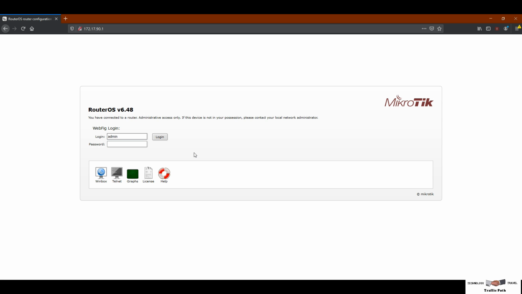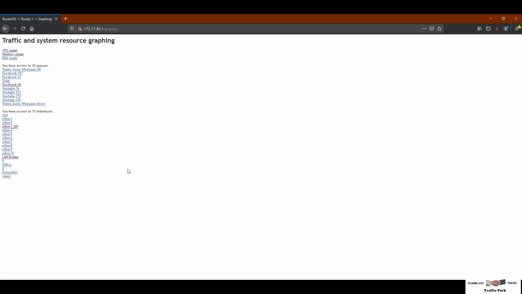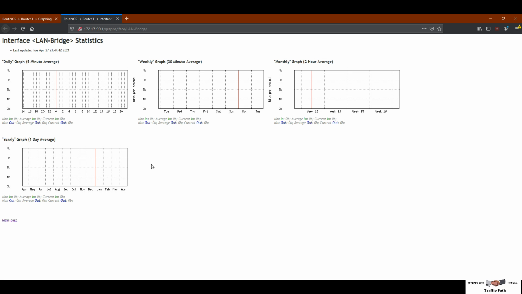Just click on graphs, and you can see the interface graphs, queue graphs and resource graphs are on there. Now I'm clicking my LAN bridge interface. The graph will generate every 5 minutes. There is no graph generated yet.